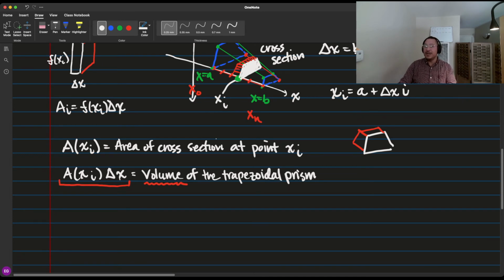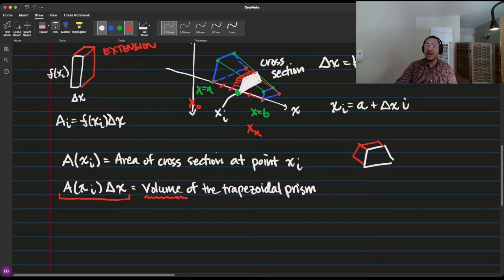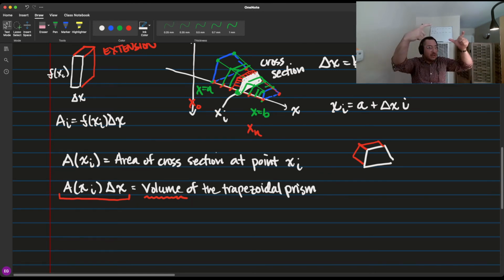What if I do this multiple times? I then find my fattened prism over here, and then I find my fattened prism over here, and then I find my fattened prism over here. Does it make sense? You can break that shape up into several different fattened trapezoidal prisms. How do you do that? Well,